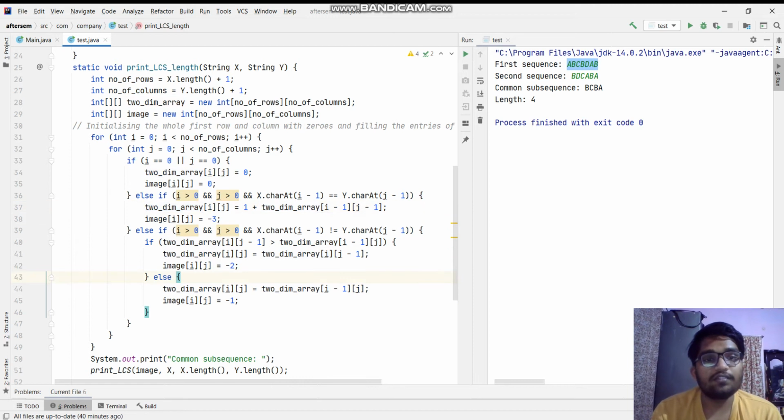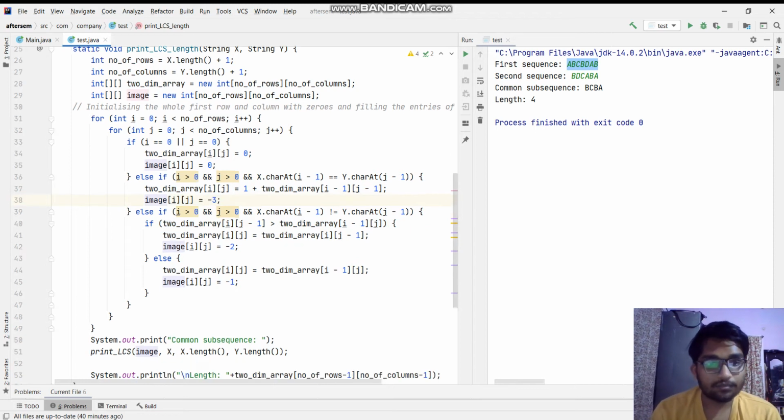And here we are setting minus 3 because image is also an integer array, and we cannot have any symbols like a direction or something like that. So that's why I have set minus 3 as the diagonal direction. Now here we can see, if i is greater than 0 and j is greater than 0, so it's still not the first row or first column, and the particular characters in both the strings do not match, that's why I've used the not equals symbol.